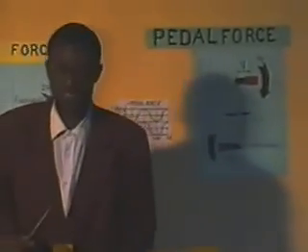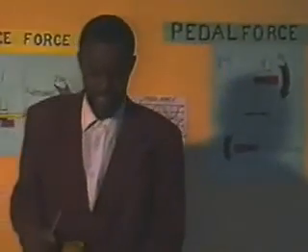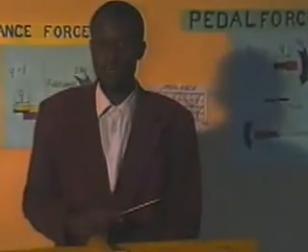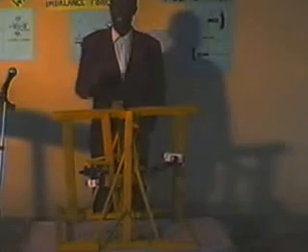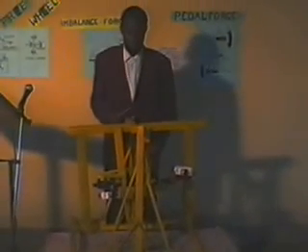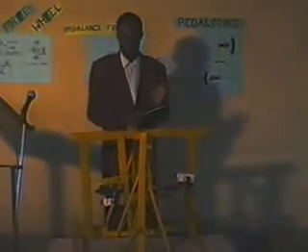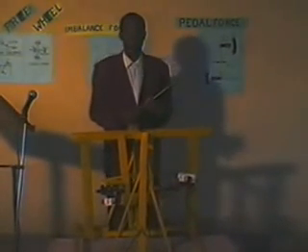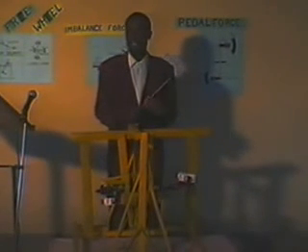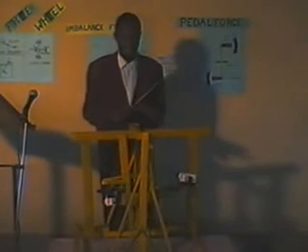Now, from this machine, we realize that there is a great achievement. And this achievement is that for the machine to balance, the two forces have been distributed. The imbalance force is on the horizontal plane and the force of pedal is on the vertical plane. From this achievement, it is now simple to create permanent imbalance on this machine. In the next step, we are going to see how this permanent imbalance is created on this machine.